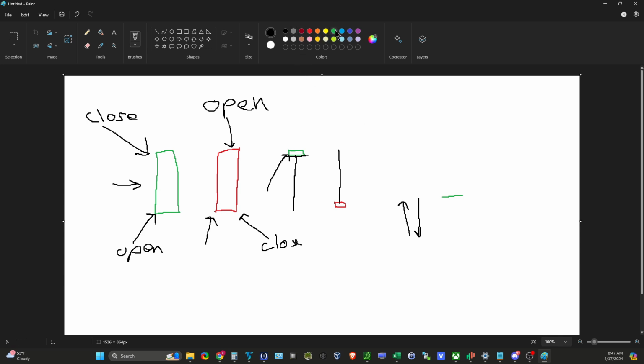So that candle would look something like this. So you would have this, and then you would have a little bit of a tail here. The tail,